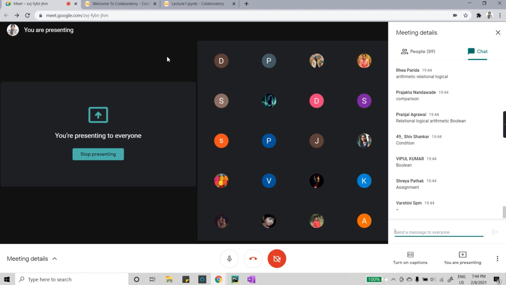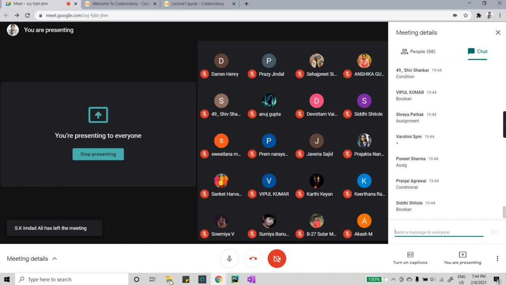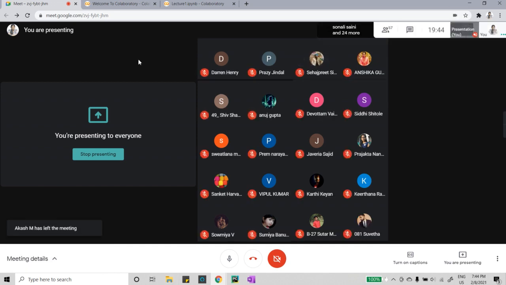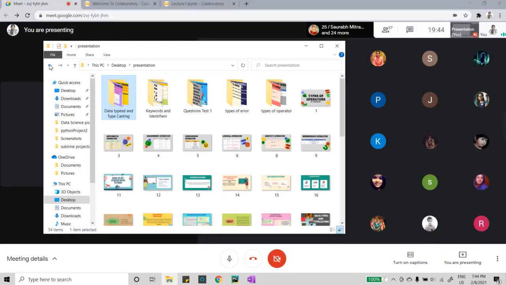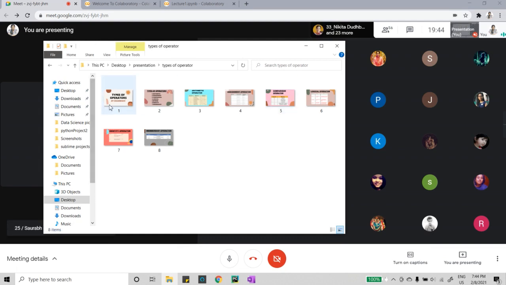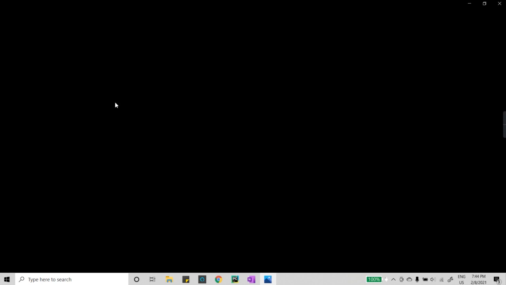Absolutely wonderful, guys. Wonderful. So many of you know about the types of operators which we have, and you are absolutely right, every one of you. Now, for today, we would be seeing the arithmetic operators and dealing with different types of operators. So for that, let me open the presentation and then let's move towards the types of operators. So here we go. Fine. So just let that image open. Okay, so let it open.